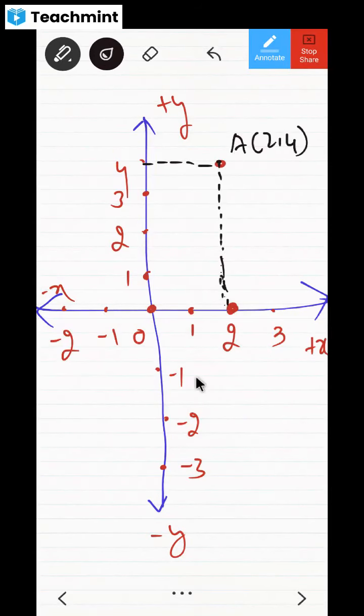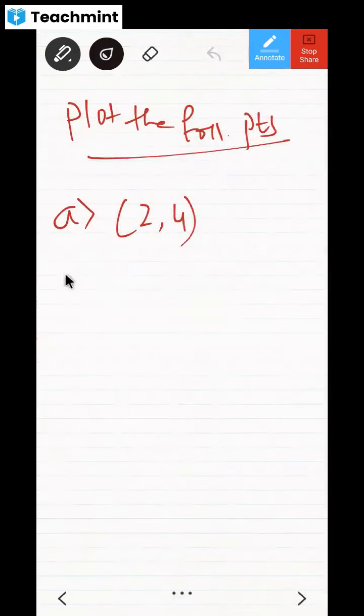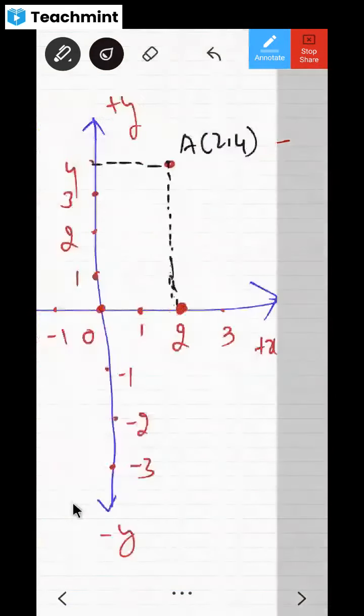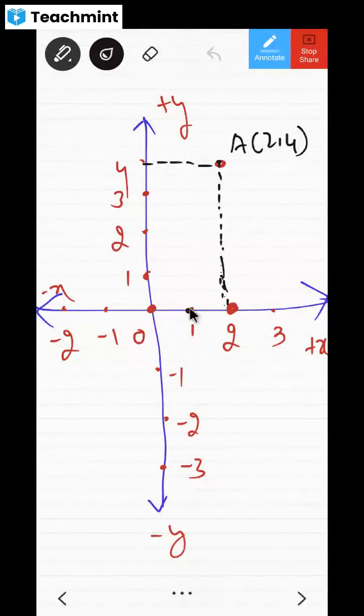Is it understood, dear children, how to plot? Yes, sir. Now, if somebody asks you to plot the point 1, 2, 1 means on x-axis you should go 1 here, you have come here 1, then afterwards on y-axis you should go 2. So then you have to mark these points. Now whatever comes here, you have to mention this as B. Here less space is there. Otherwise, instead of just mentioning it as B, you can name it as 1, 2 also directly. Clear?